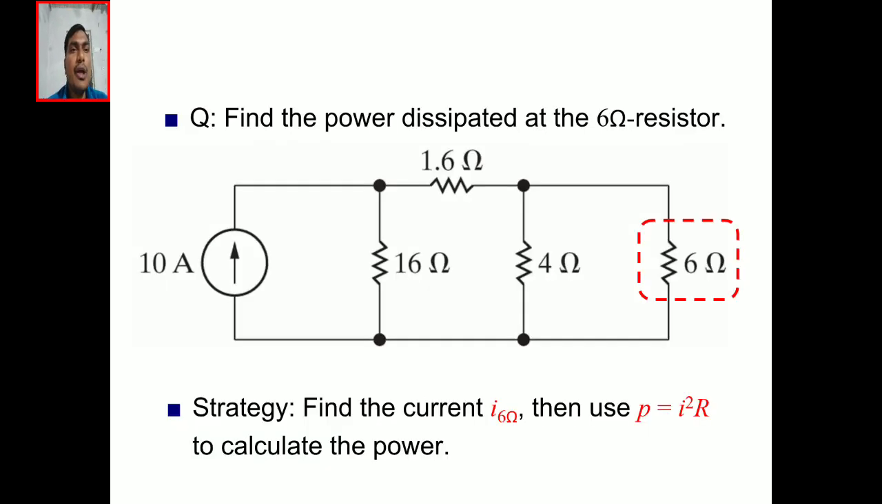we will do a problem on equivalent resistance and find power through one element by using our previous knowledge. So here I am given one circuit. 10 amps is the current source, with 16 ohms, 1.6 ohms, 4 ohms, 6 ohms. These are the resistors. Find the power dissipated at the 6 ohms. So power equal to V into I. V equal to, by Ohm's law, I into R. P equal to I square R. Okay. Find the current in 6 ohms, that is I 6 ohms. Then P equal to I square R. To calculate the power,